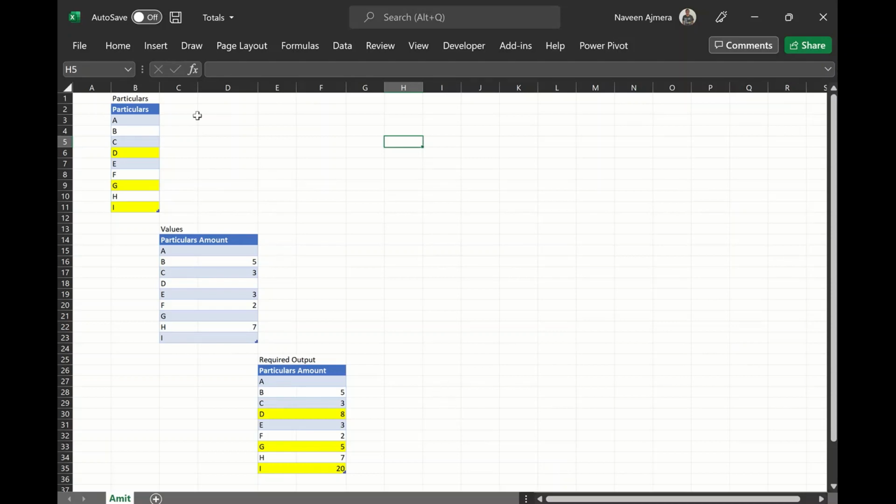The user has these two tables as input. The first one is particulars, the second one is values, and the required output he requires in the shape using Power Query. Now the highlighted row in the particular column D is a subtotal of rows above it, which is ABC. Likewise, G is the subtotal of E and F, and I is the grand total of all the rows